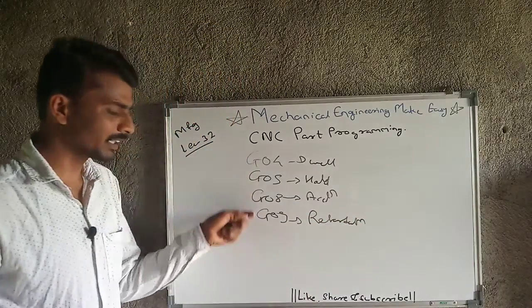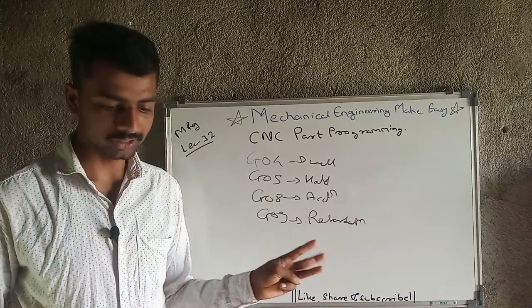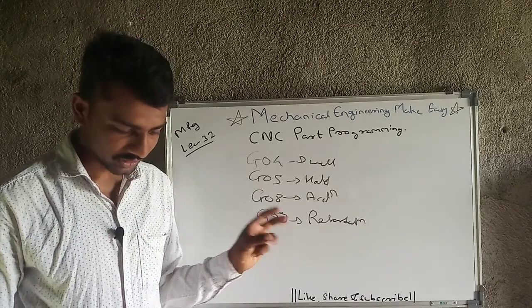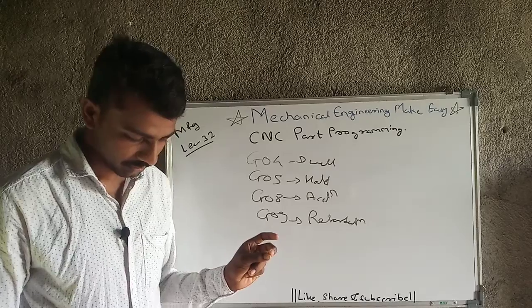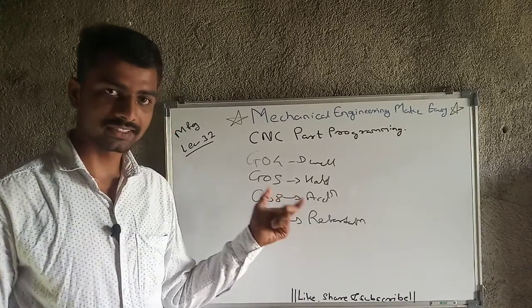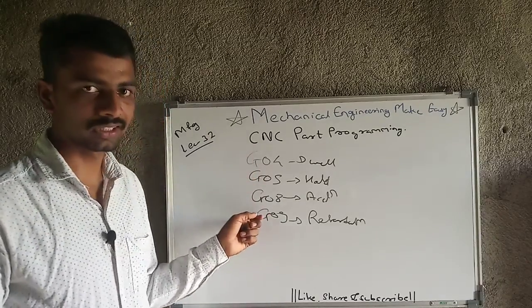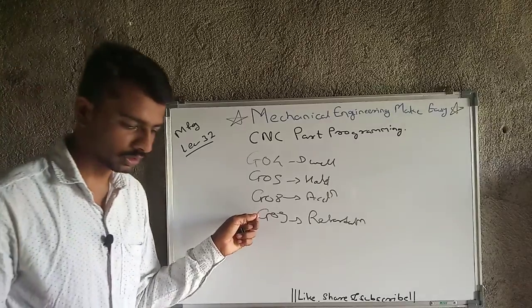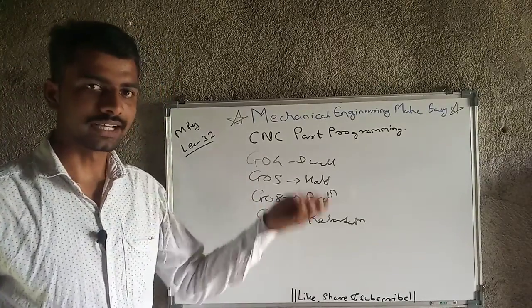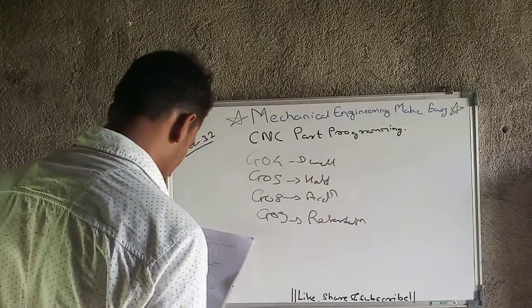I am not explaining these in detail because G00, G01, G02, G03 are much more important. After that, G17, G18, then G90, G91, likewise these are some important parameters that I will explain, but these are not too important, that's why I am not explaining them now. If you need the explanation of these also, we will do that later on, because firstly I have to complete the whole syllabus of GATE.